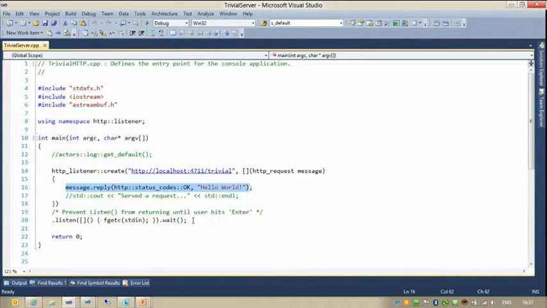So there's this function on the HTTP listener called listen, which will listen for messages until its body, which is another lambda, returns. And we'll just put an fgetc on standard in there to wait for you to hit enter. OK, so let's run this thing.